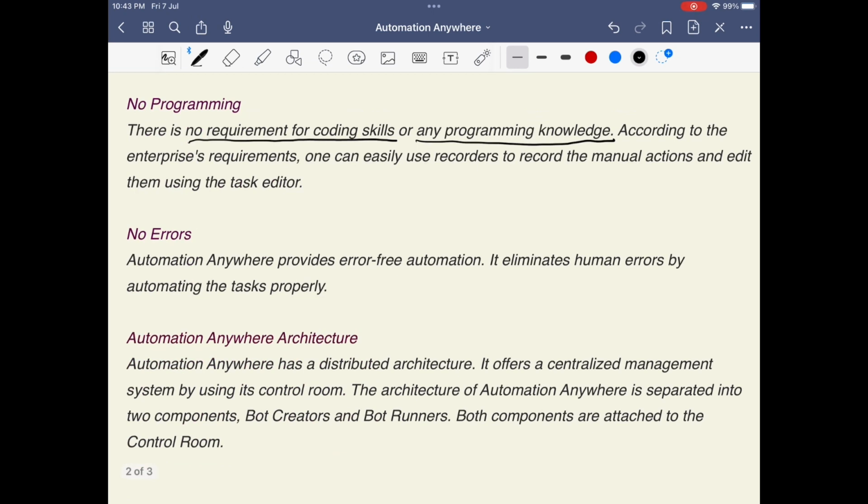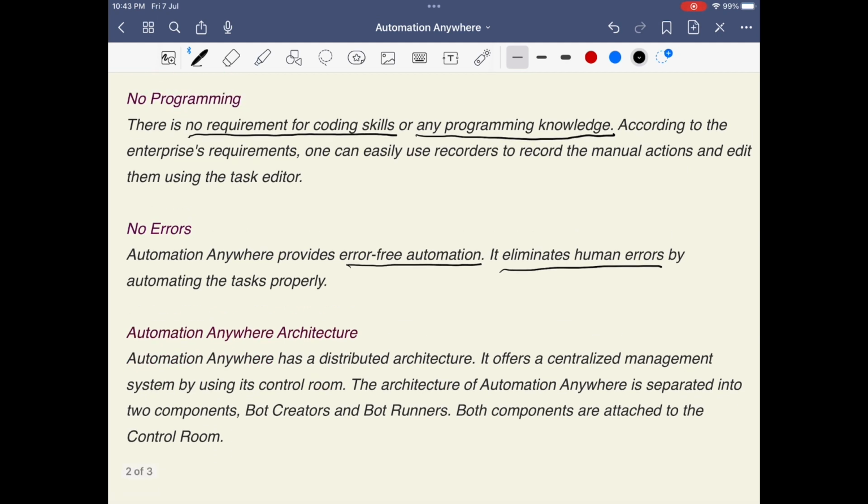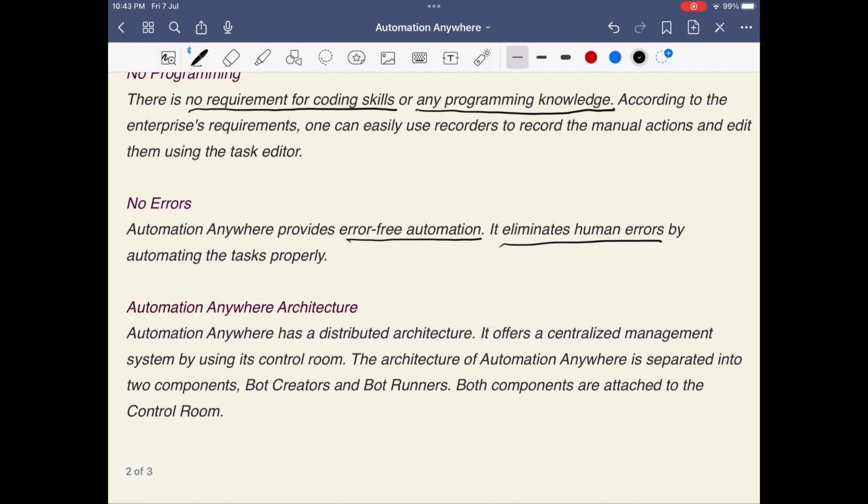Automation Anywhere provides error-free automation. It eliminates human error by automating the task properly. Whatever process you are automating, you can make it error free. Suppose a human is doing any work, there's a possibility that some error may come. If a person is handling 20,000 or 40,000 records,